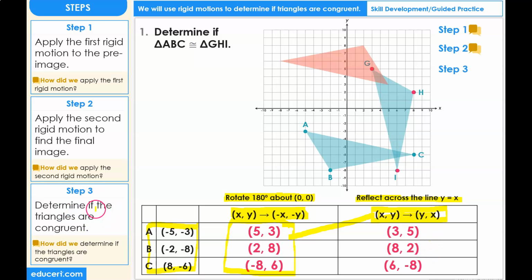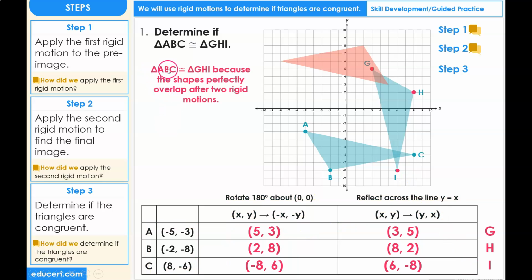Step 3. Determine if the triangles are congruent. These final 3 points ended at specific locations. The point (3, 5) is the same ordered pair for the vertex of G. The point (8, 2) is the same ordered pair for the vertex H, and the ordered pair (6, -8) is the same ordered pair for the vertex I. So we can now conclude that triangle ABC is congruent to triangle GHI because the shapes perfectly overlap after 2